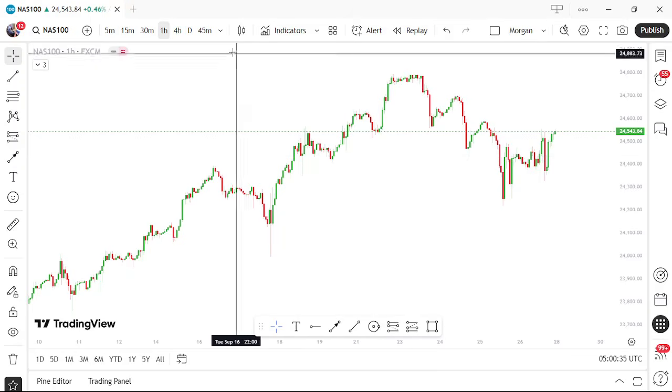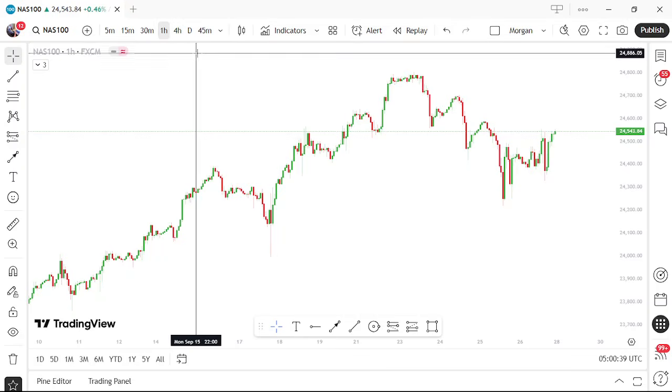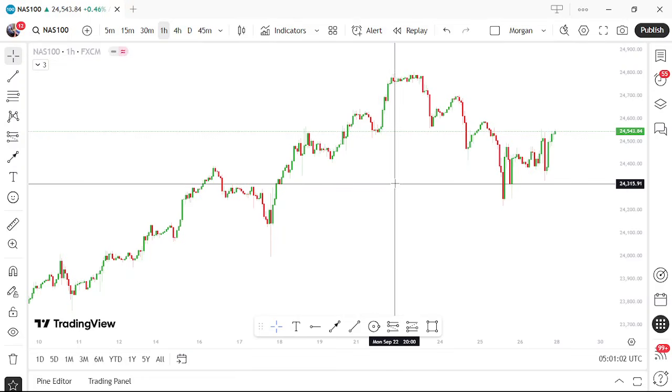So first of all, when you mark up your chart, I would say you want to use the 1 hour time frame or the 4 hour time frame, depending on the one that seems clear. For me, a lot of times I like to use the 1 hour. But sometimes also I just go to the 4 hours to also understand what's going on there to help me make better decisions. So here on the Nasdaq,